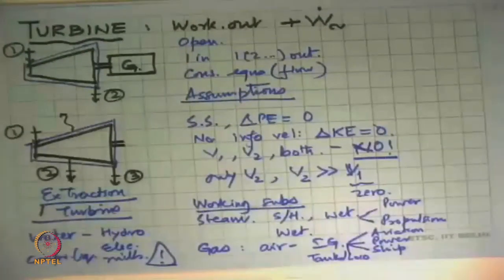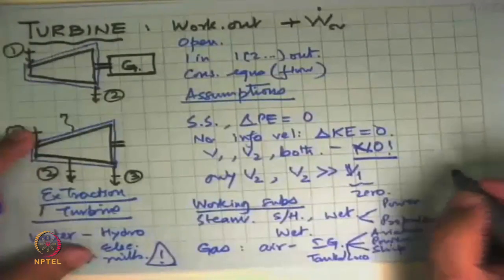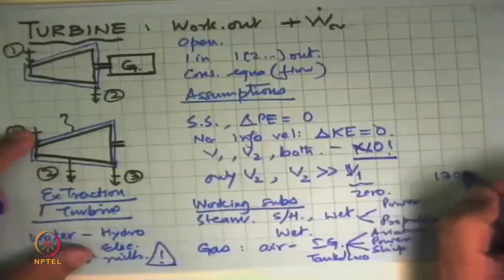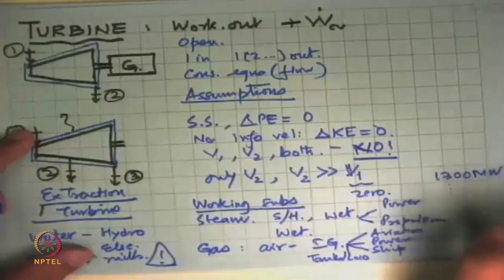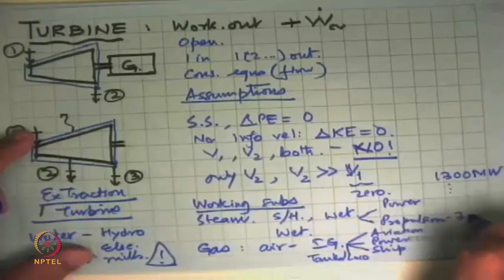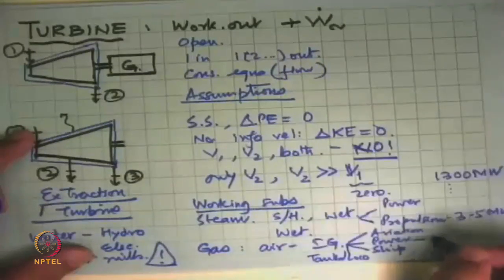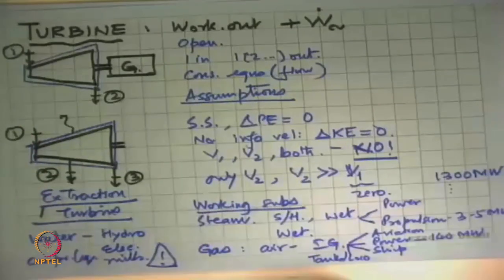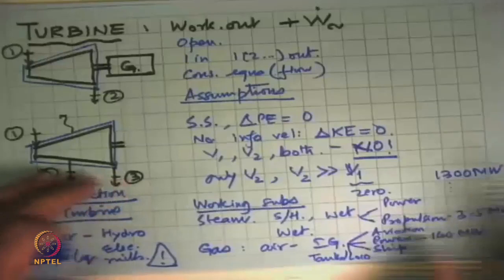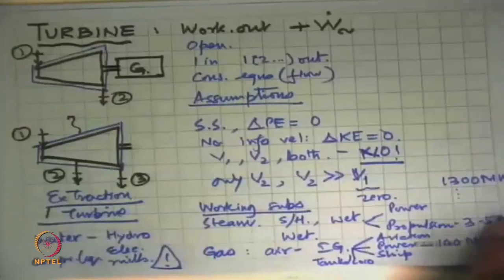Let me give some idea of what the sizes of machines are. The biggest turbines that are there are steam turbines, which have gone up in power to 1,300 megawatts. That is among all the power generation devices. And there are smaller machines. A propulsion turbine could be like 3 megawatts to 5 megawatts. Gas turbines, the biggest stationary gas turbines are of the order of 130, 140, 160 megawatts. For aviation turbines, we don't talk of power, but we look at what sort of thrust we can make. Turbochargers, these are about 1 to 2 megawatts.